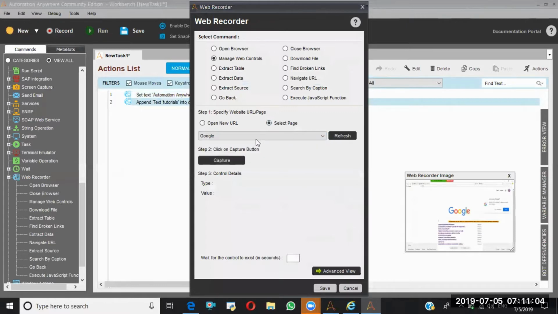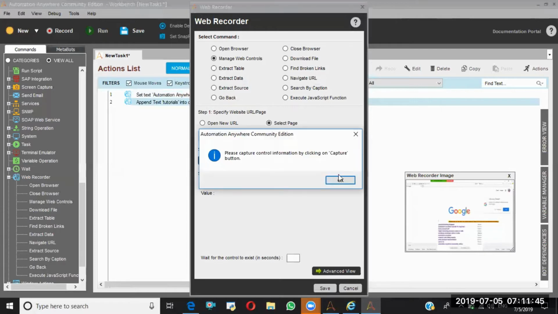It is always recommended to use select page instead of open new URL, because whenever you deploy into the next environments like UAT or production, if you directly use this, handling it will become a bit complex because the URLs will be changed, right? That's the reason. So I'm going with select page.